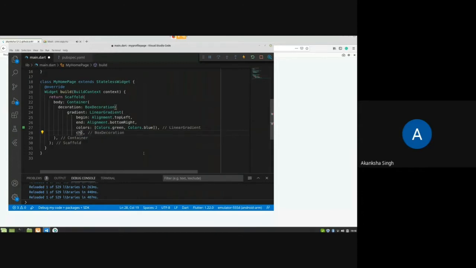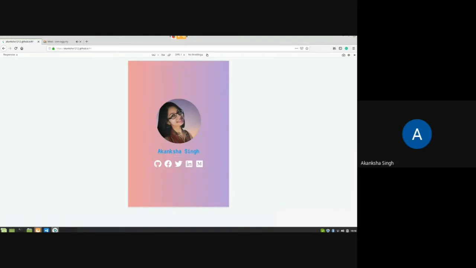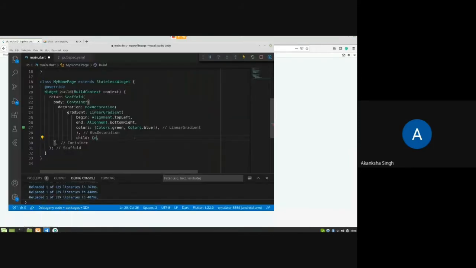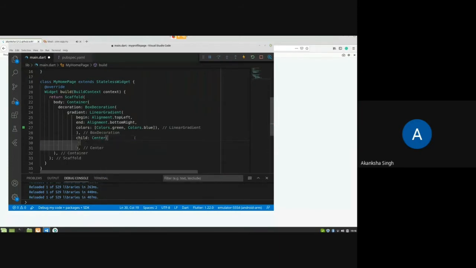Sorry, this is the BoxDecoration. After BoxDecoration we're going to have a child here. As you can see, everything is in center, so we can have it inside the Center widget. So let's take the Center widget,